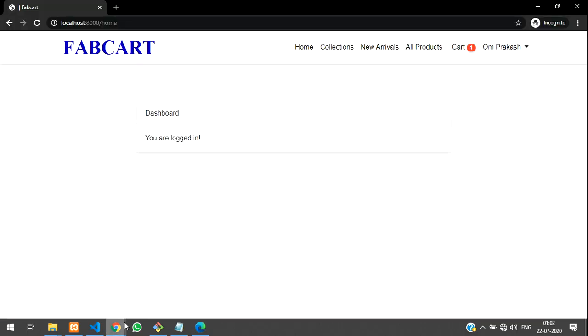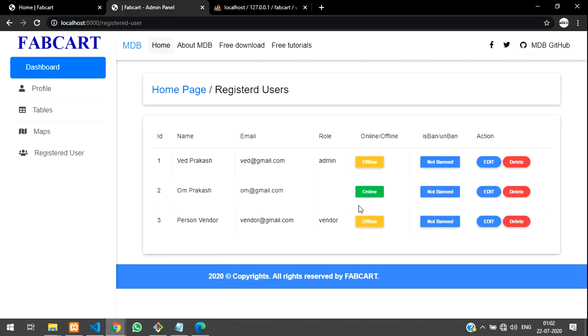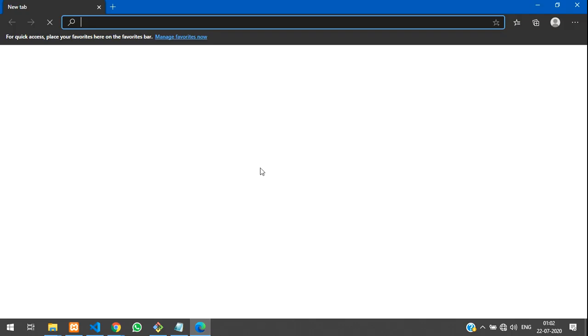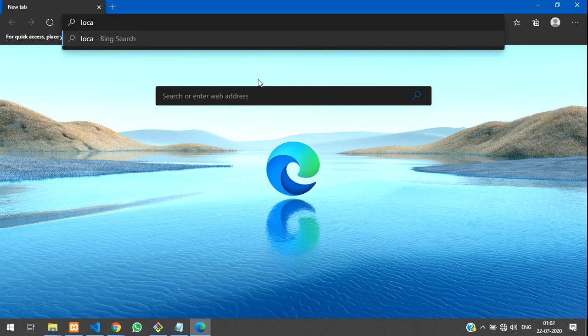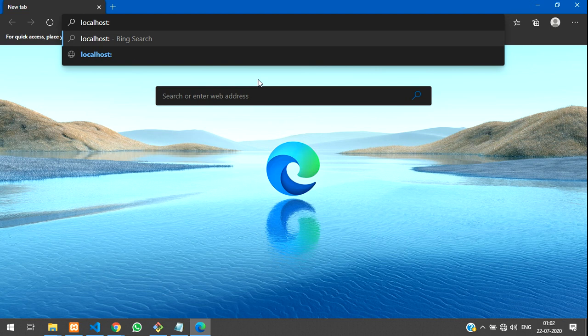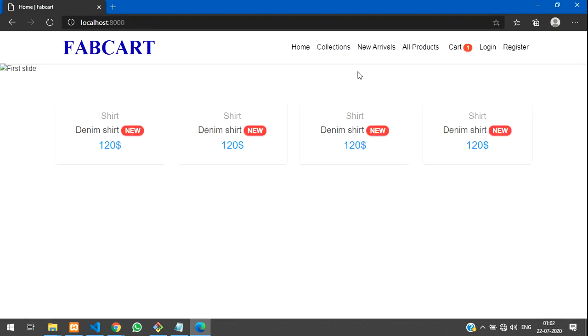Okay, right now this user has no action. If he has no action for 1 minute, you can see that user is offline. Before that we will try localhost colon 8000. Nice.